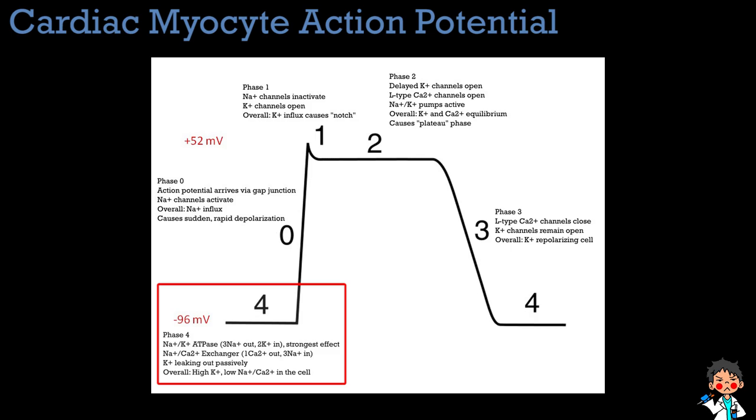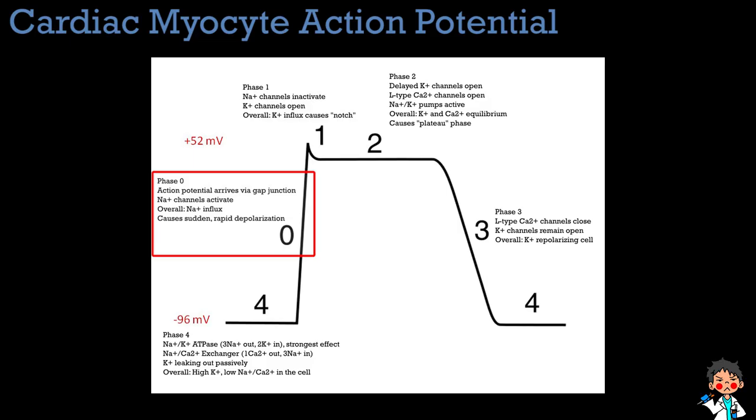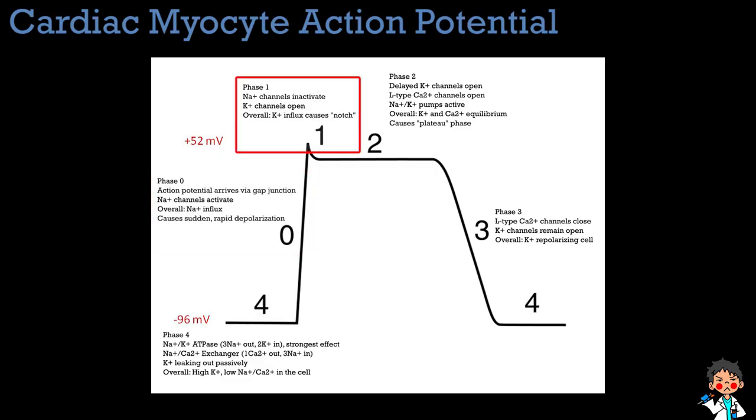Now, the cardiac myocytes usually contract as a unit, and that usually happens via gap junctions. So what will happen is that sodium will flow in from an adjacent cell usually, and that will cause it to reach a certain threshold and will cause a sudden rapid depolarization once it reaches that threshold. And that's where you get phase 0, where it's mainly sodium influxing into the cell. It's going to go up, up, up until we reach phase 1, where the sodium channels largely inactivate and the potassium channels open, which allow potassium to influx and the cell begins to repolarize,